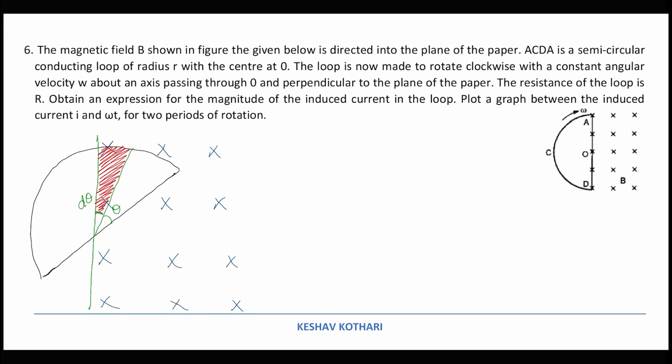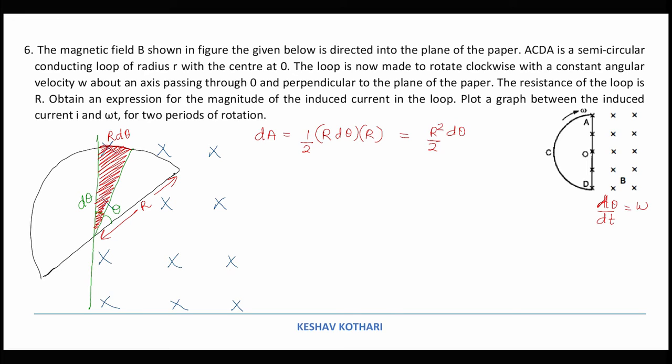this area. And if the radius is equal to r, I can take that this length is equal to r d theta, and hence the area associated with this can be written as dA, as we are considering it to be a small triangle, so half base into height. So the value which we obtain is equal to r square d theta by 2. This is the change in area which is taking place at this instant of time as it is rotated, and it must be kept in mind that d theta by dt is omega, the angular velocity for the system.